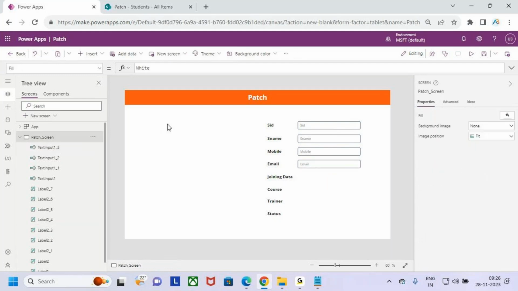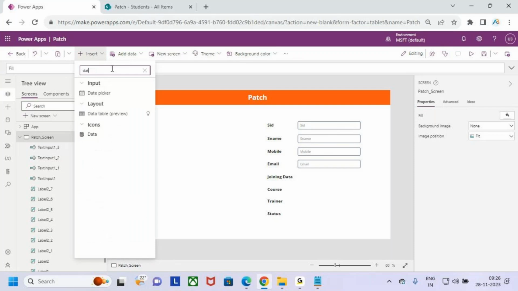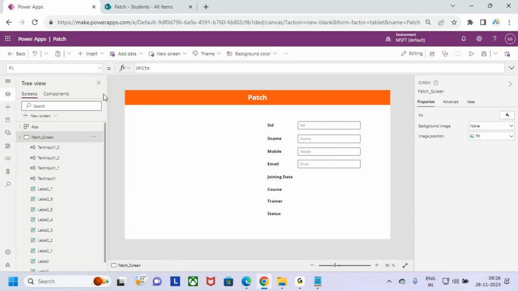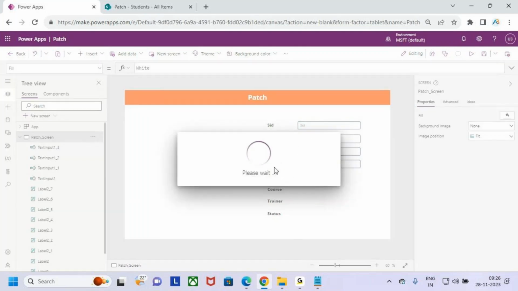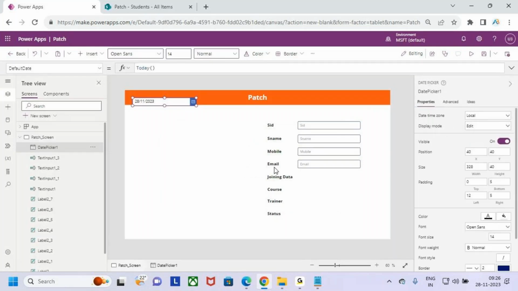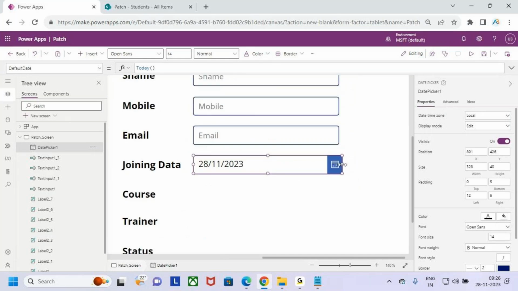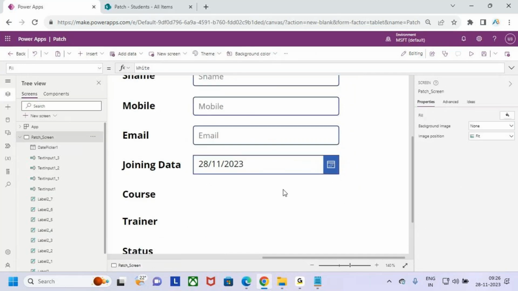So I need to add one date control. To enter the dates, there is one control called date picker. Just add it here. Go and keep the date control here in place of hire joining date. Just reduce some size. Fine. Next,